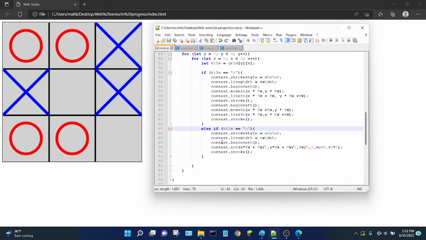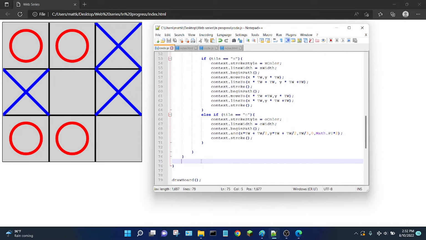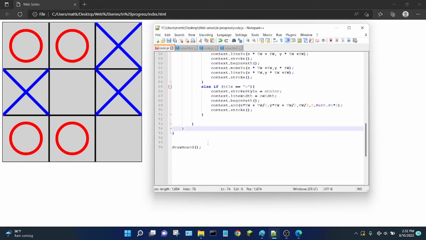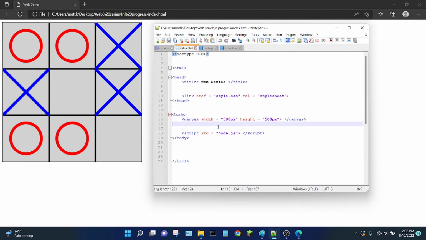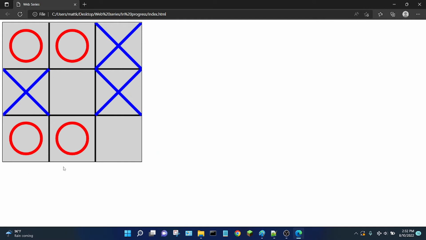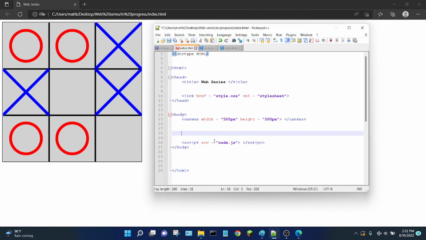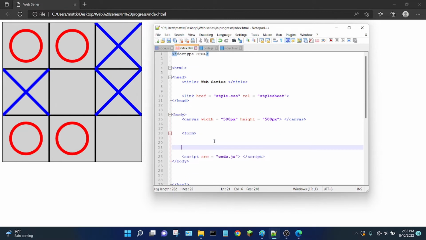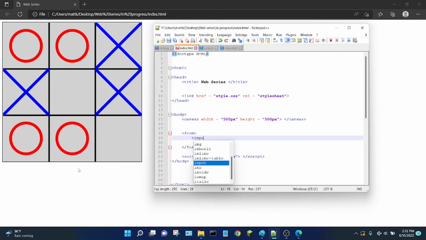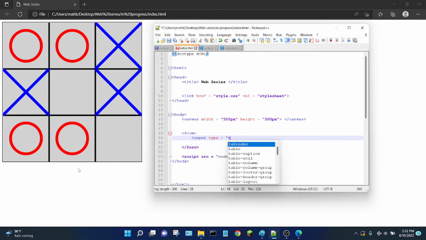So now let's worry about the player move. We have the perfect drawboard functionality, but we need to be able to enter a player move. So for that, I'm going to go to our HTML and create a form and let the player enter the X and Y position of the tile they want. So form, I'm going to create a form here. I have a video that covers all this stuff before, so you can review my forms video, but I'm just going to create two text boxes. Input type is equal to text,